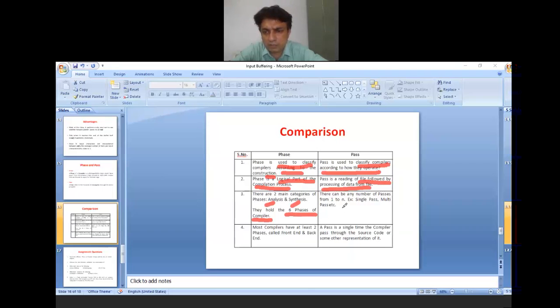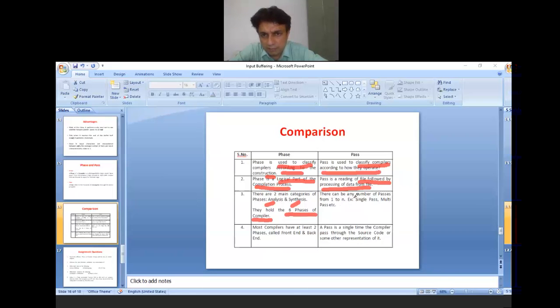As we already studied, there are 6 phases: lexical phase, syntax phase, semantic analysis phase, intermediate code generation phase, then the code optimization phase, and the code generation phase. Now you need to remember these 6 phases.